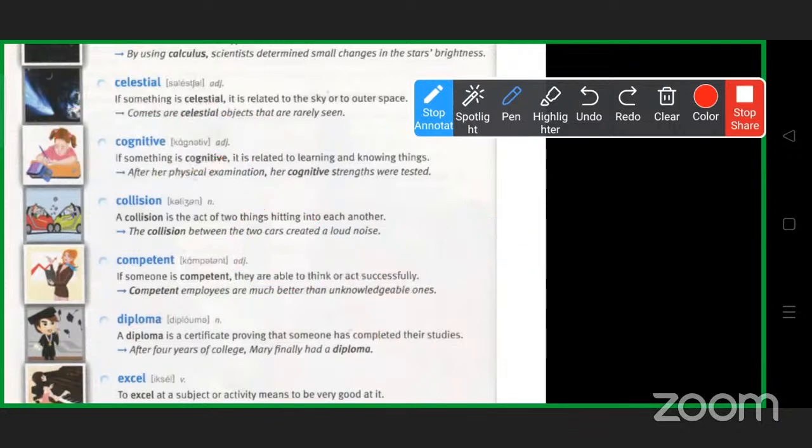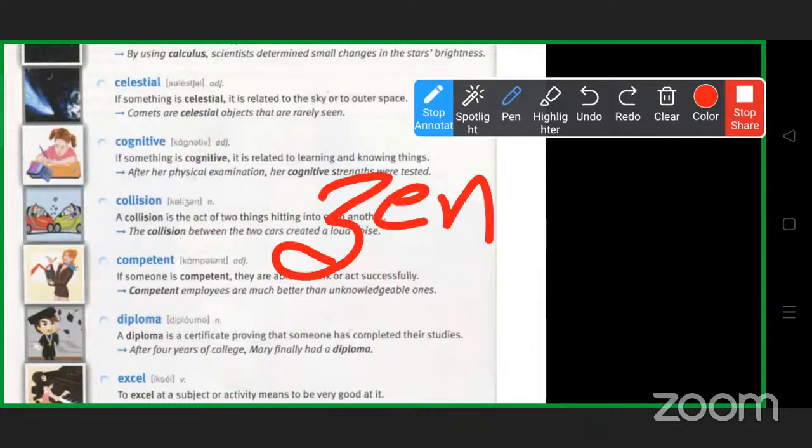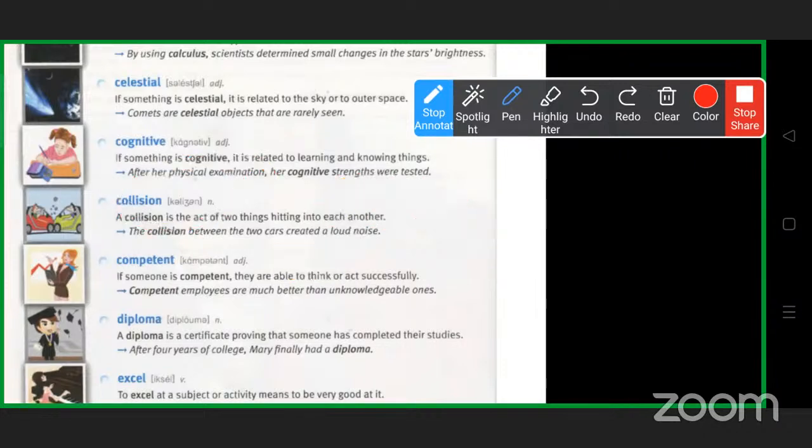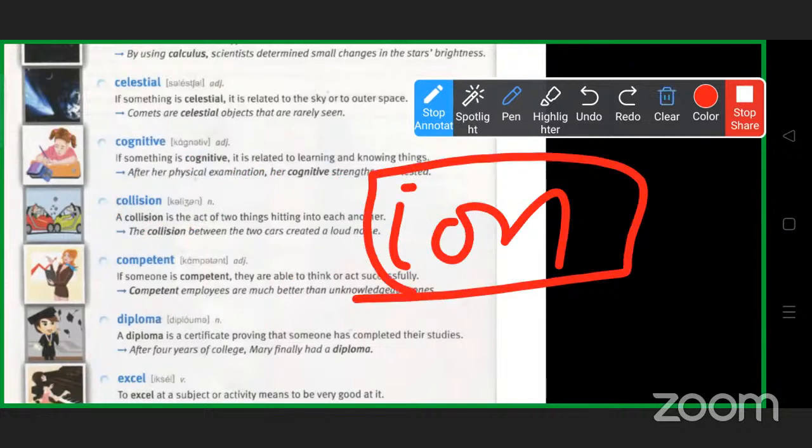Cognition would be the cognition of that particular chapter, as far as my learning is concerned, is very bleak, or I'm not sure about what the teacher has done in that. So thereafter you can say collision. Collision, the "zh" sound, it's written like "sion". You can see that pronunciation in that. Collision is like ion. If it is ending with ion, then it is a noun.